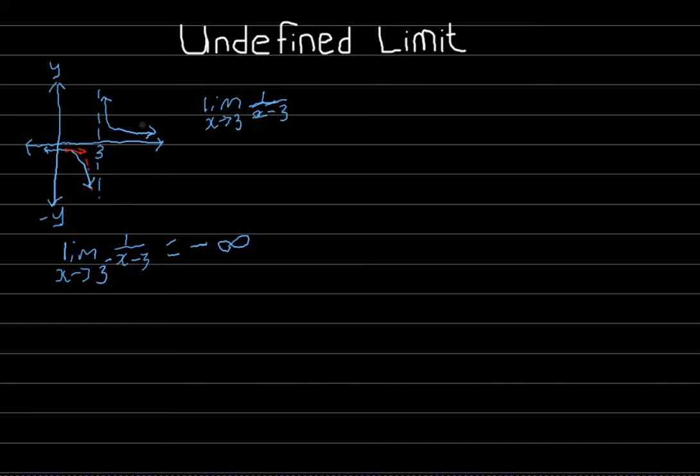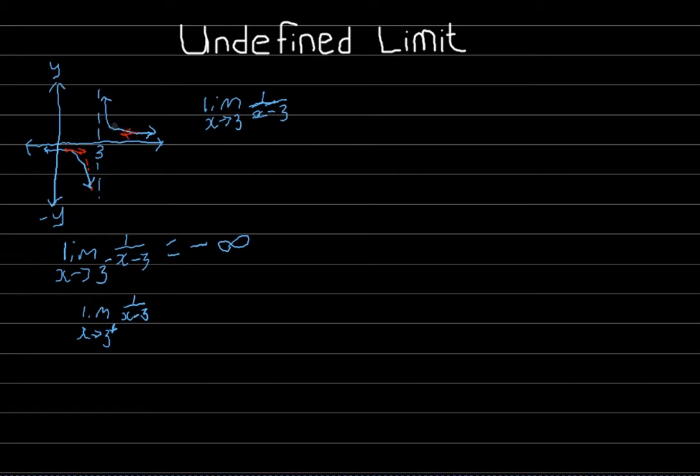Now let's consider the right hand side. So we also say the limit of 1 all over x minus 3 as x approaches 3 from the right hand side. So we use a plus sign to indicate the right hand side. So as it approaches